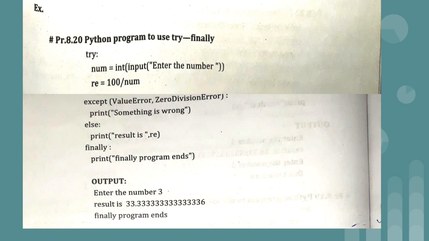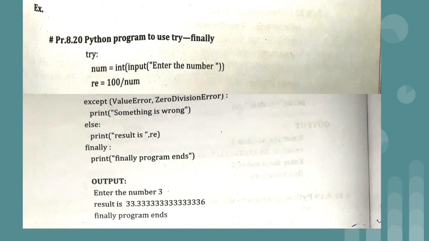Suppose you have entered 0, that is, after "enter a number" you have entered 0 as the value of the num variable, then in that situation we have an exception. So you will get the output, after entering the number 0, the second line of your output is "something is wrong", and after that "finally program ends". Meaning even though there is an exception or no exception, this particular block is going to get executed. So the important statements or part of a program which you want to execute anyhow, you should insert inside the finally block.